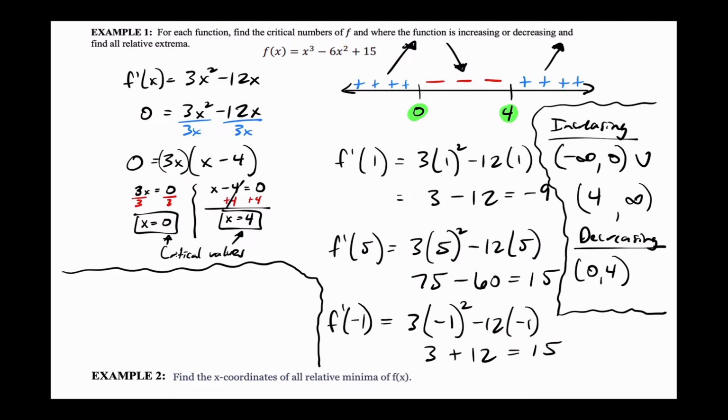Yeah, exactly. You're right. It was increasing before 0 and decreasing after 0. By definition, that's a maximum, right? So we would say relative max at x equals 0 because